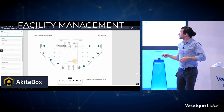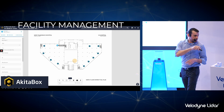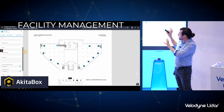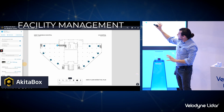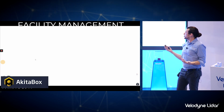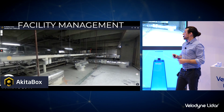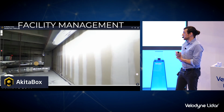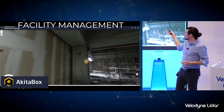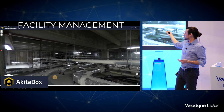And then, as I mentioned earlier, you're able to take all of this complex data and boil it down to a nice, simplified top-down view and use it as a blueprint to overlay high-resolution 360 imagery so that you can now virtually visit all the locations that you scanned in your facility and actually get a high-resolution imagery snapshot. So in this case, you're viewing a 360 panoramic image to see what's actually going on during the renovation construction of this part of the facility, or in this case, the